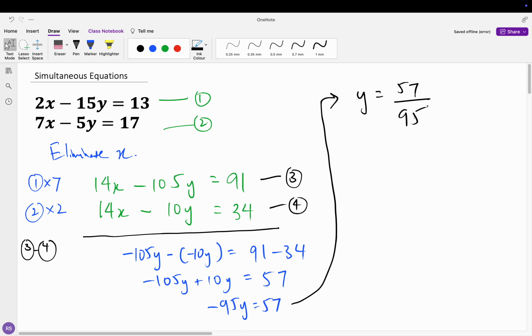If you simplify this all the way, there is a minus sign here, so it will be minus 3 over 5. I will leave the simplification to you. You can divide and simplify it all the way to 3 over 5. Now once you get the y value,